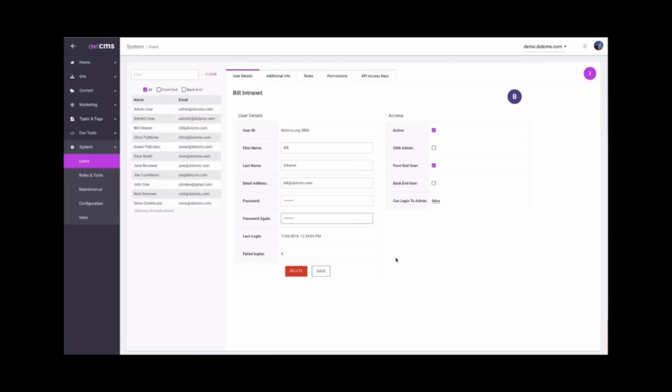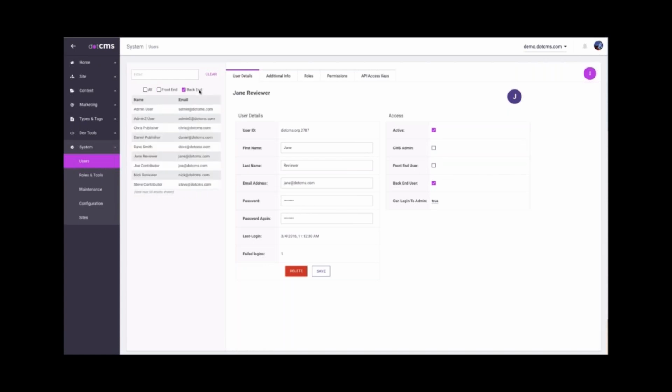And you can see here from the user manager perspective, we've added the ability to filter by front-end user or back-end user. And you can see clearly on any given user some of the important roles, whether that user is a CMS administrator, whether that user can actually log into the back-end of dotCMS, whether that user is a front-end or back-end user, right? And on the fly, you can create new users and just assign them really these most basic roles, and based upon that, they're going to have certain accesses in the system.